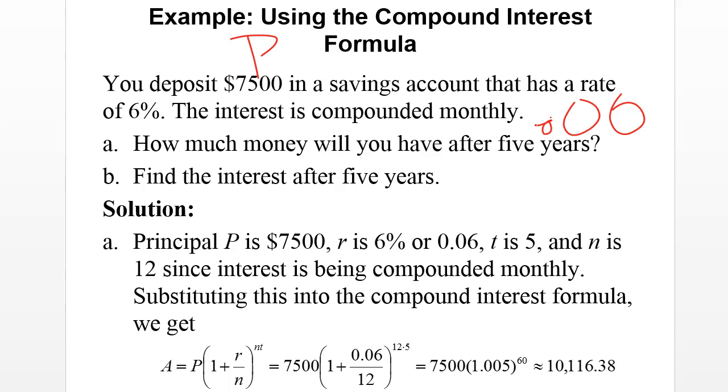Alright, and then we want to know if the interest is compounded monthly. If the interest is compounded monthly, then that's telling us that n is equal to 12. Right? Because there's 12 months in a year, and if it's compounded monthly, then it gets compounded 12 times. Alright, so we just plug all those numbers in, as it says down here, into the formula, and you see we end up with about